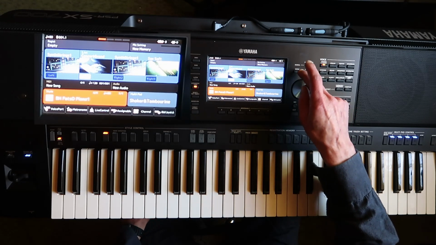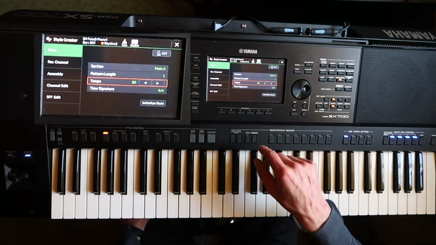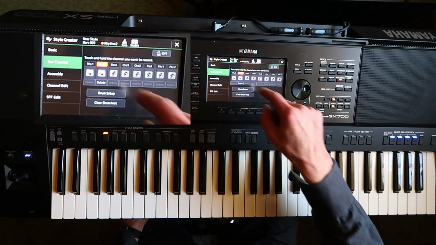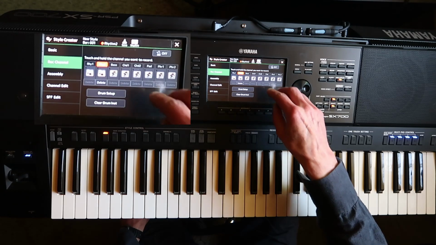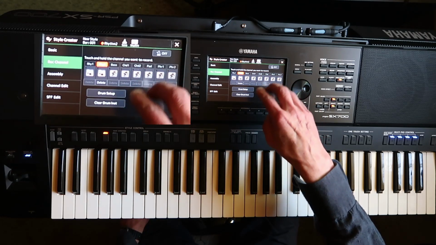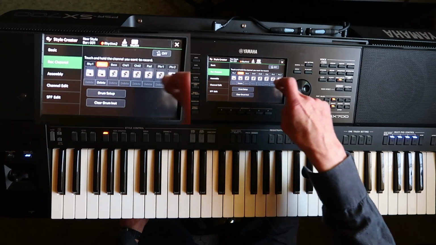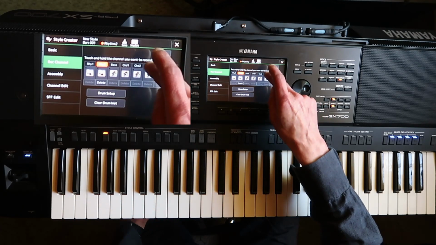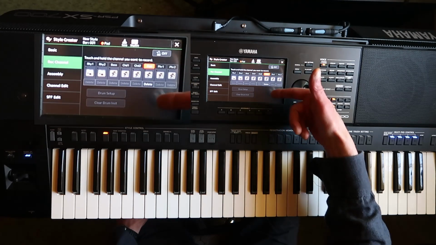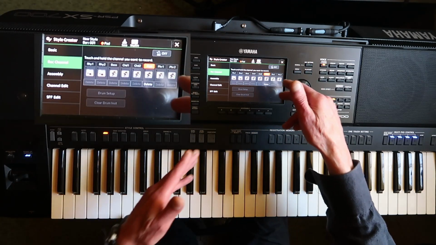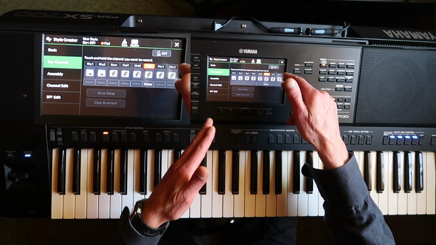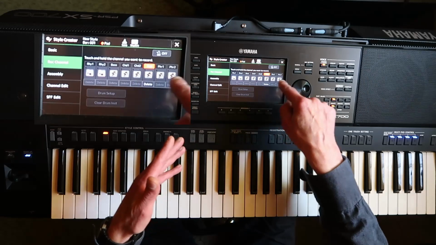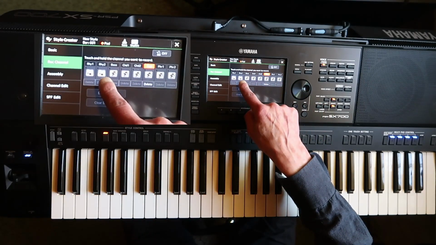And to do that, let's go to Style Creator and let's create a new style. Now all channels are empty and all channels are set to default values. That is, each channel has slightly different default values. Here we will use the pad channel for our padding simply because of the name, but as we will see later, it doesn't really matter. We could actually use any channel for our padding except rhythm 2.